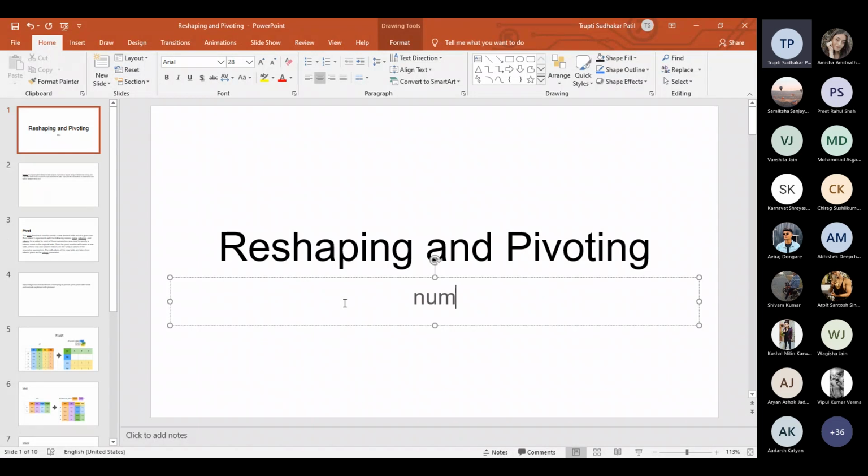Basically, NumPy contains reshape as a function. This we can simply write as reshape. Suppose I have to declare the array and I have to reshape, that is the reshape word.